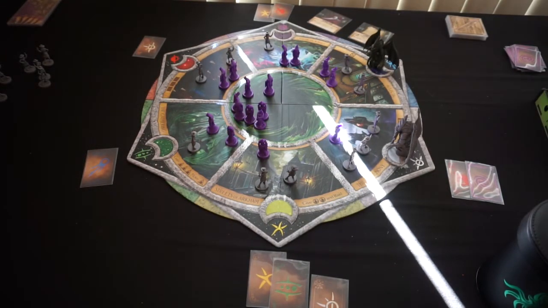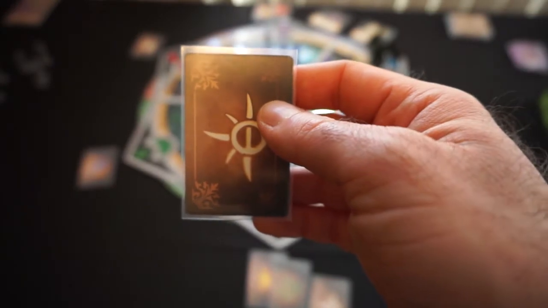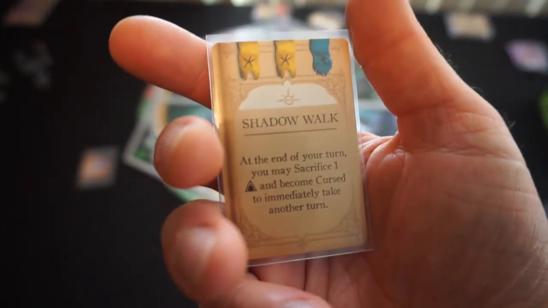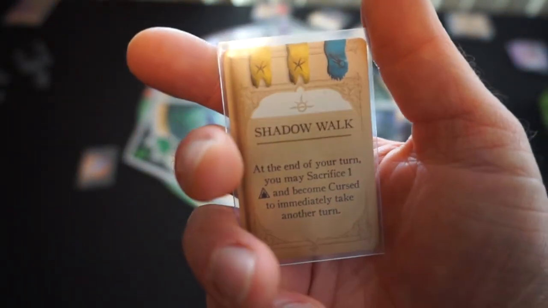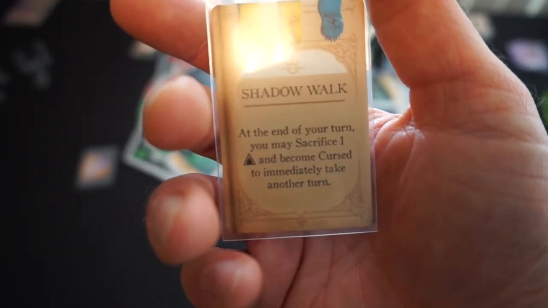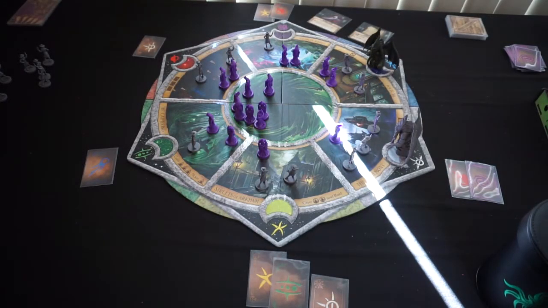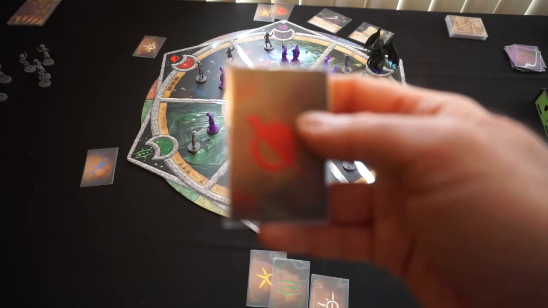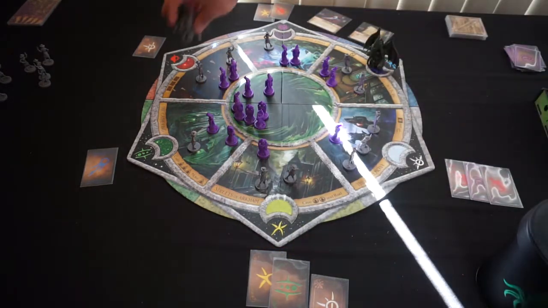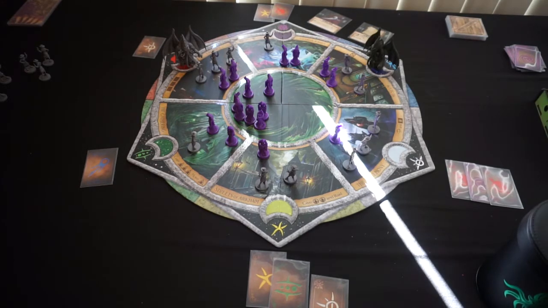That goes away, and we'll draw a spell card for Cthulhu, so Cthulhu will find, on a white, Shadow Walk, taking 2 yellow and a blue. At the end of your turn, you may sacrifice 1 cultist and become cursed to immediately take another turn. Then the investigators from the ceremony will discard a red to move up to the library and place another investigator there. Looking at Cthulhu,